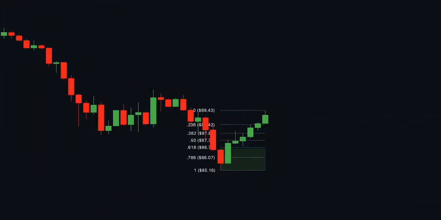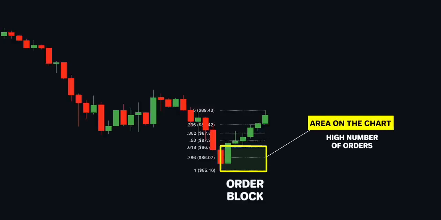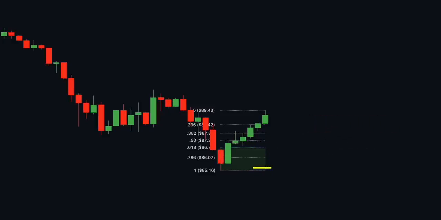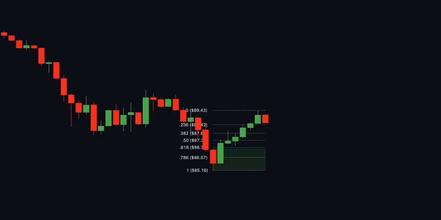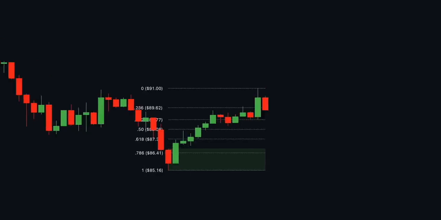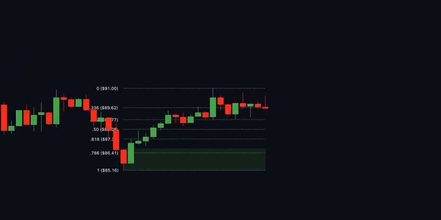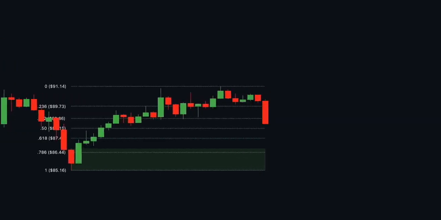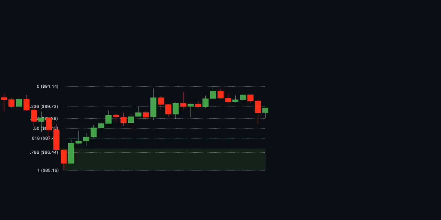To better understand the indicator, we first need to define an order block. An order block in trading refers to an area on the chart in which it is believed a substantial number of orders collected over a short period. Typically, these are identified as a range of consecutive aggressive bullish or bearish bars. They represent areas where significant market players have entered the market, creating a footprint of their activity. Fibonacci retracements, on the other hand, are popular among technical traders,